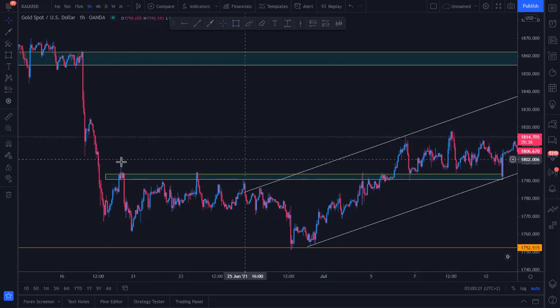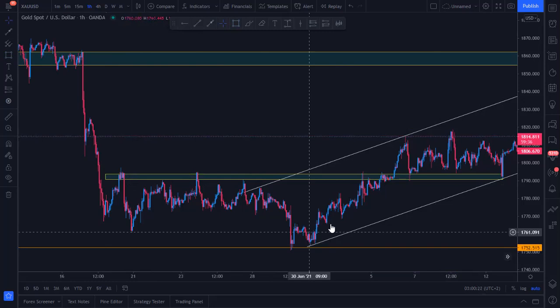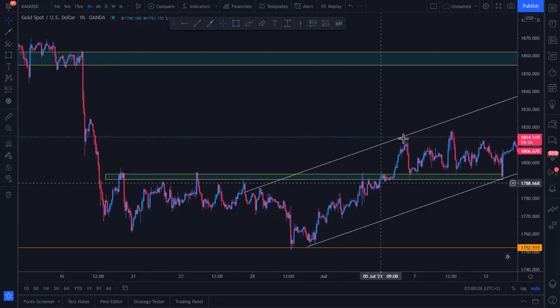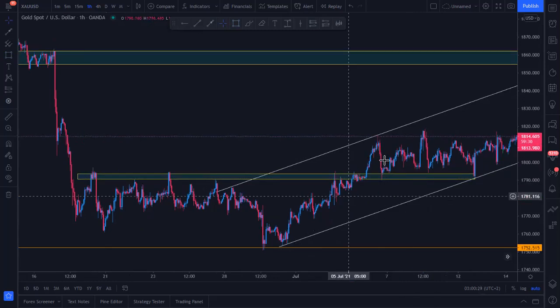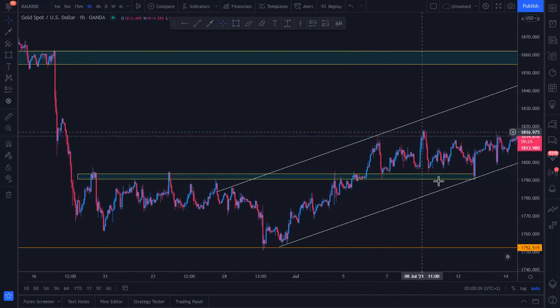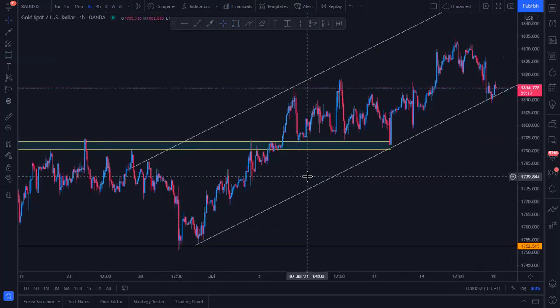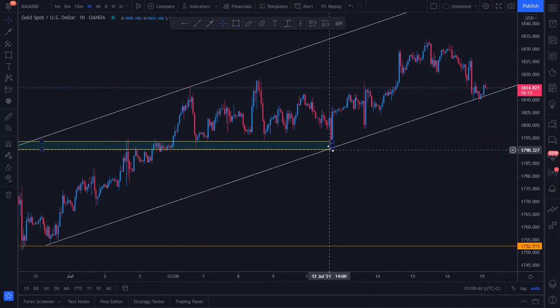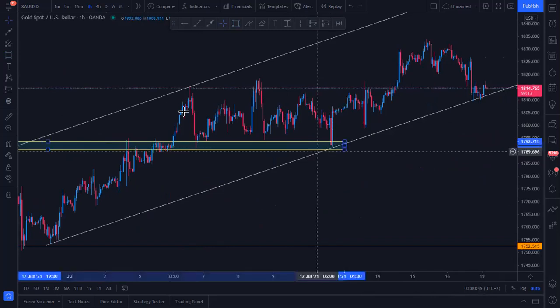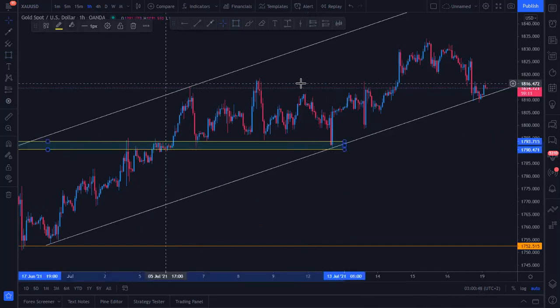The price moved from this level to the upper side, broke above, and came back for a retest, moved up again, came back for another retest and moved up again, and back for another retest, which was the last retest. So what I did when I saw this structure happening, the price was ranging,